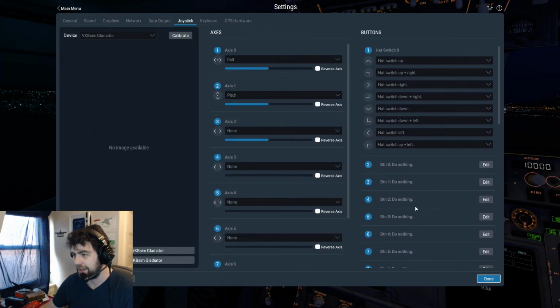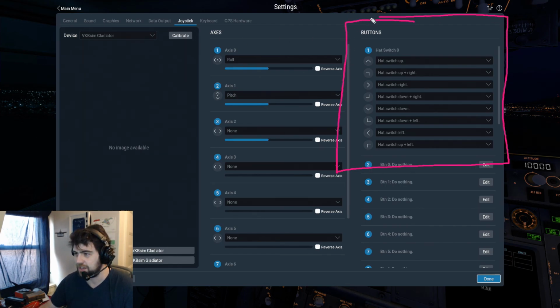XPlane11 is a hell of a lot better because it has this buttons section for the actual hat. So it actually picks up the hat movement. You can see there it's flashing away, showing that it's picking up all of the hat movement. So in XPlane10,